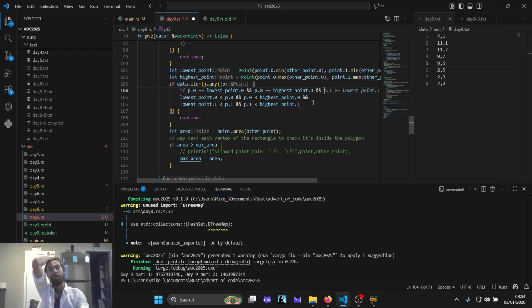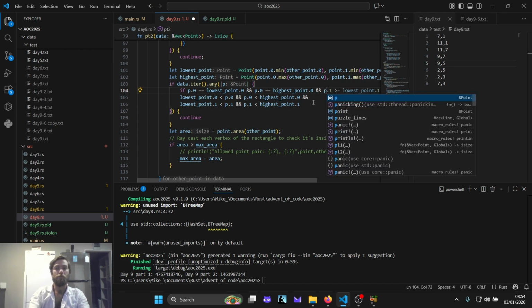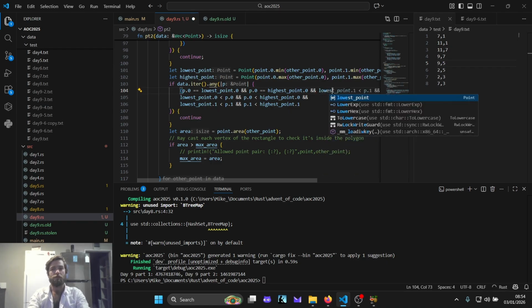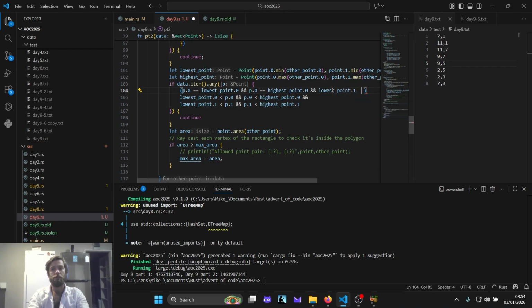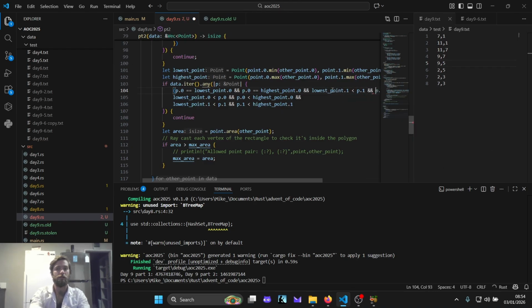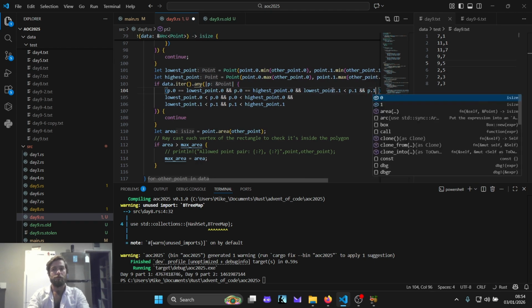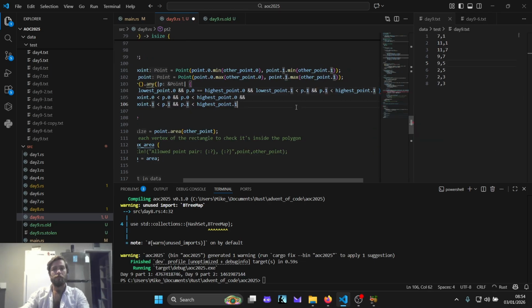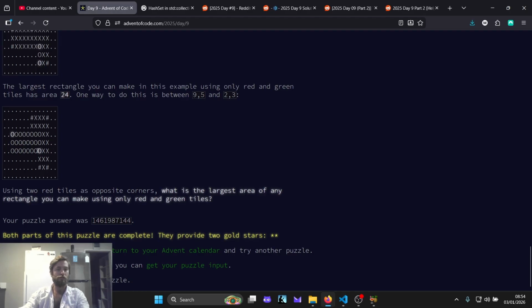So actually let's make this one condition: p dot 0 lowest point, and lowest point dot 1 is less than p dot 1, and p dot 1 is less than highest point dot 1. So that's saying that if we're in this condition here, where this point exists,